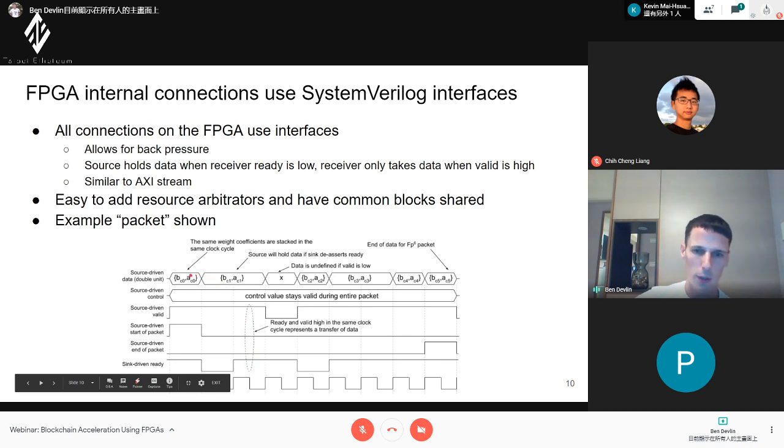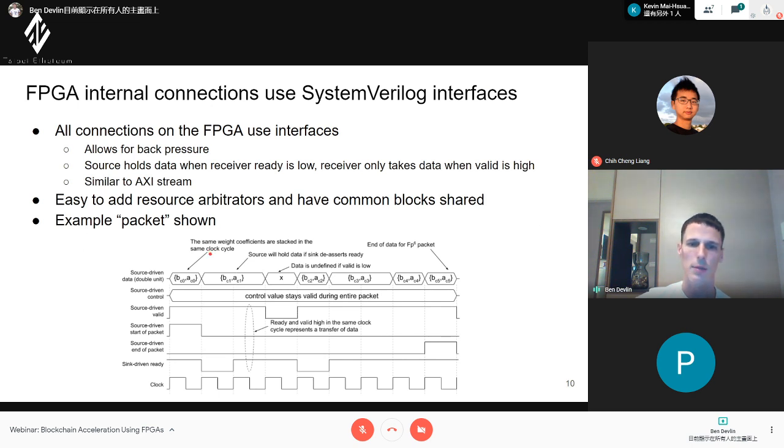This is also showing that later on in the FPGA, we need to be able to send really big pieces of data. When we're dealing with extension fields, for example, when we do a pairing operation on the BLS curve, this here is showing an FP6 packet where we have 6 coefficients.